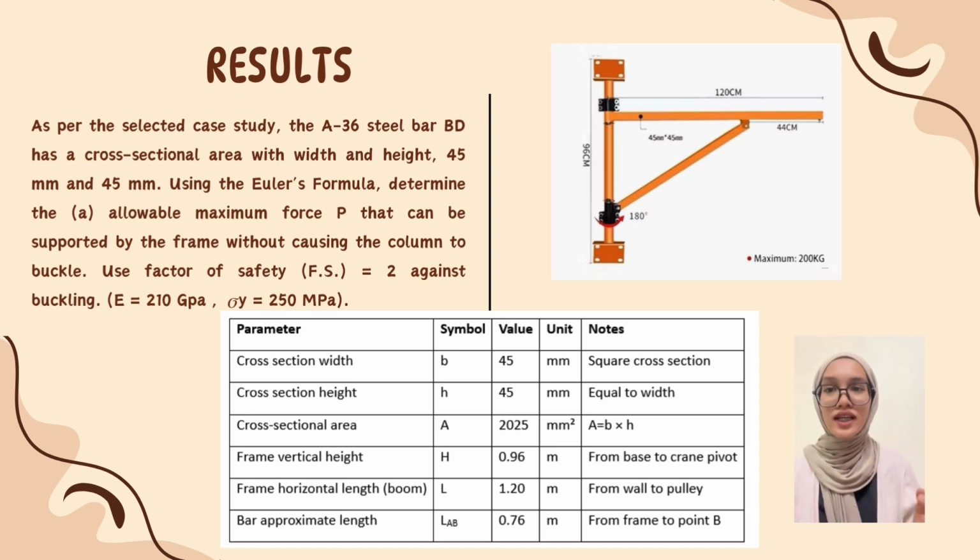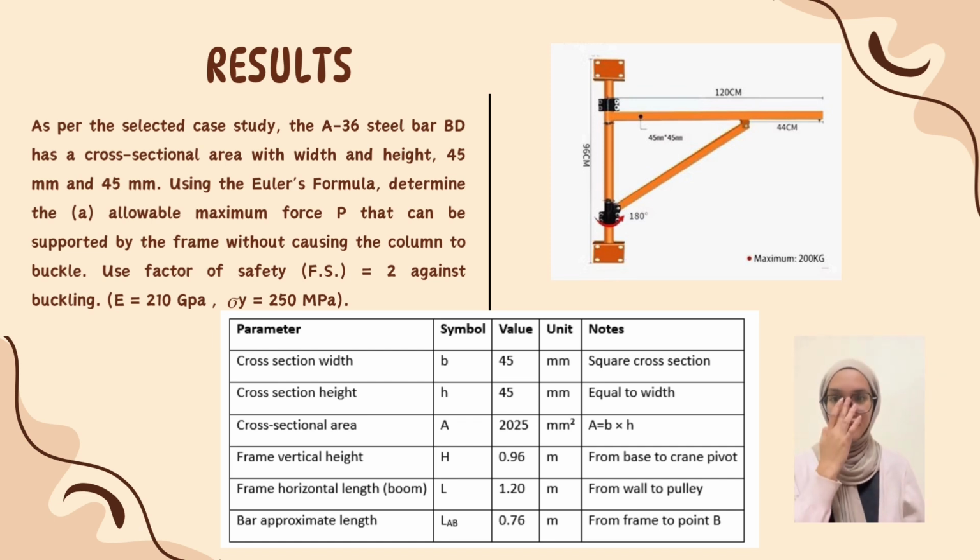As per the selected case study, the A36 steel bar body has a cross-sectional area with width 45mm and height 45mm. Also, we get the data collection for the cross-sectional area, which is width times height, we get 2025mm square. Also, we get the frame vertical height 0.96 meter, frame horizontal length L, we get 1.2 meter. Also, the length A to B, we get